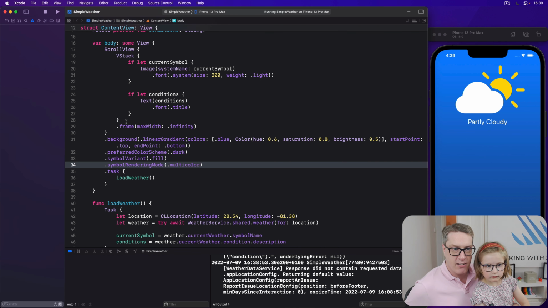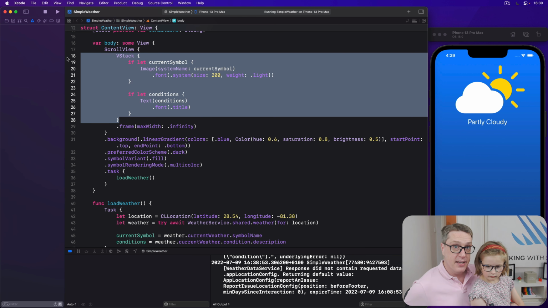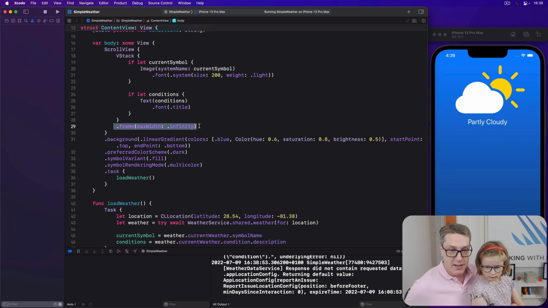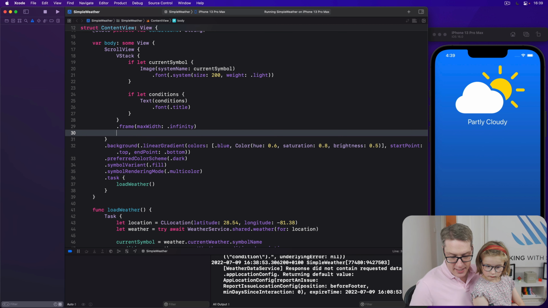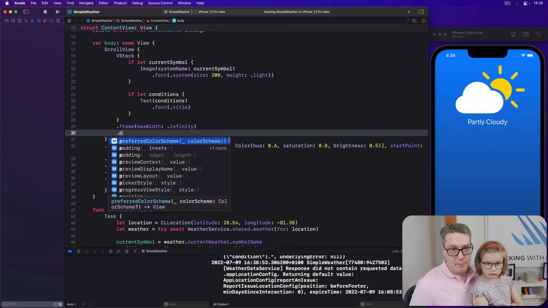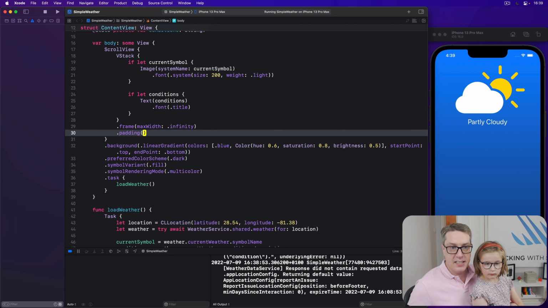and that is this VStack thing right here. That's a container. And that can have its own modifiers. That's why I say you've got a max width frame infinity here, for example. It can have more modifiers. We could say, I want to add some spacing around it or a custom background color and more. And so we'll say down here that this thing has some padding, which means I want spacing around the edges